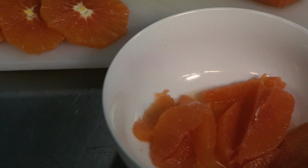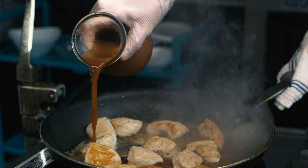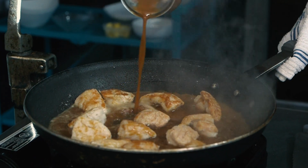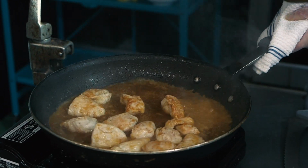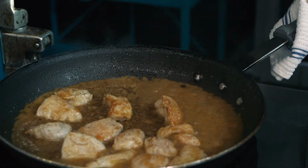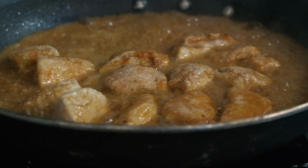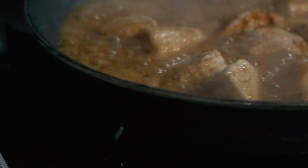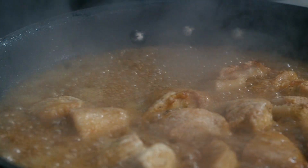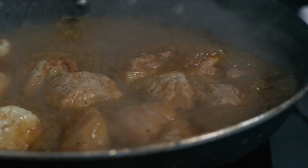So with your heat still at a medium-high, we're going to add the Mandarin chicken sauce over the cooked chicken. Your chicken is not cooked all the way through quite yet. However, once you add the sauce and everything comes up to a nice simmer and the sauce begins to reduce, which will make it a little thicker, toss it around and turn your chicken once more, and then cook for another 3 to 5 minutes, and you should have perfectly cooked chicken that's still moist in the center and crisp on the outside with the